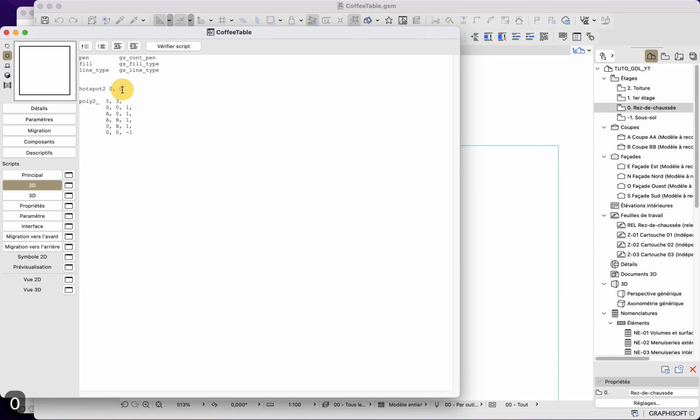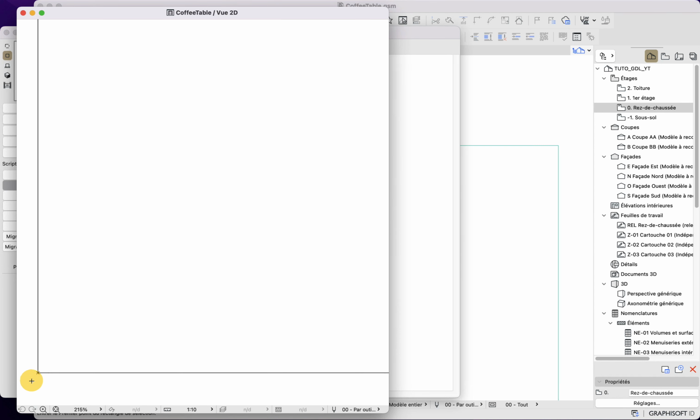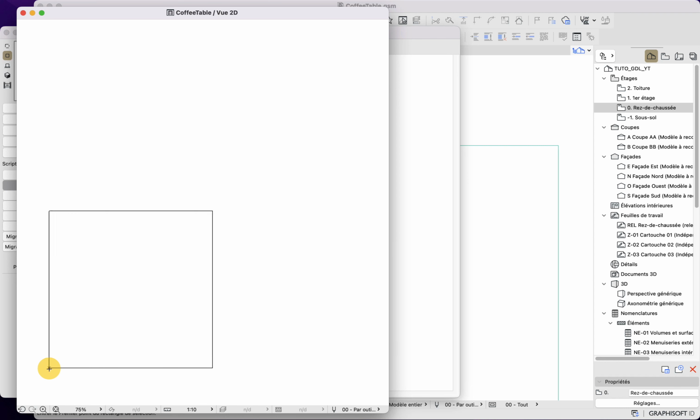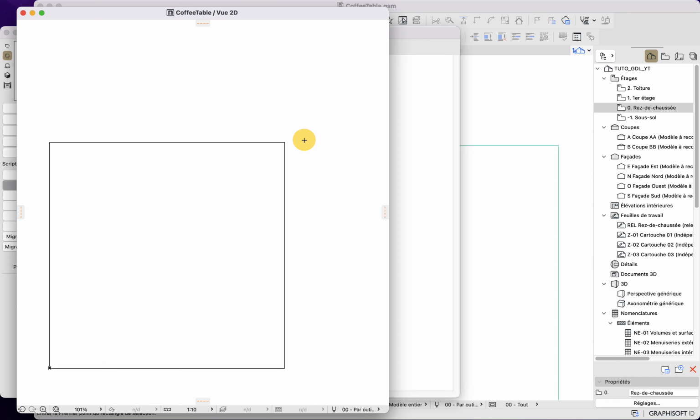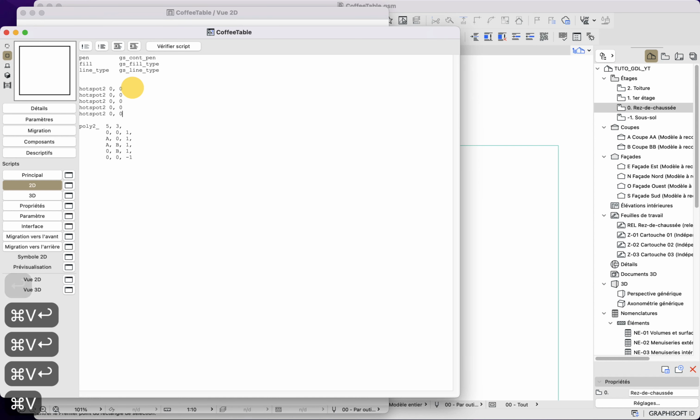So here I will put the coordinates 0, 0, which is the origin point here. You can see in the 2D preview pop-up that if we zoom here, we now have a new x that appeared. That new x simply indicates the hotspot. Now we will create 4 new ones and one in the middle that will be the default one. The default hotspot is the first one that is written in our script. So if I want it to be the middle one, then it needs a different value than 0, 0. I will first copy this one 4 times.